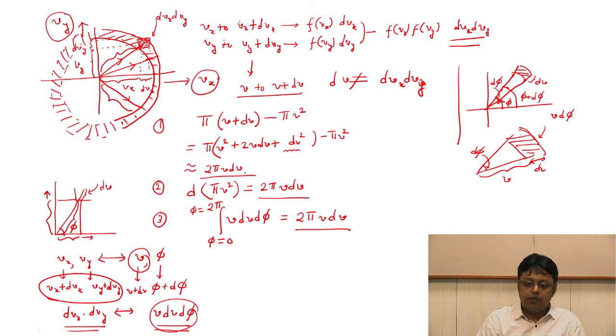Now we can extend the same thing to 3 dimensions, because it's not only vx to vx plus dvx or vy to vy plus dvy, it is also vz to vz plus dvz. Which means now I'll have 3 variables. We'll actually want to solve it in all these ways which we have developed for the 2-dimensional case. So in the 3-dimensional case also, we'll see that there exists a very interesting situation which we are going to discuss in the next section.